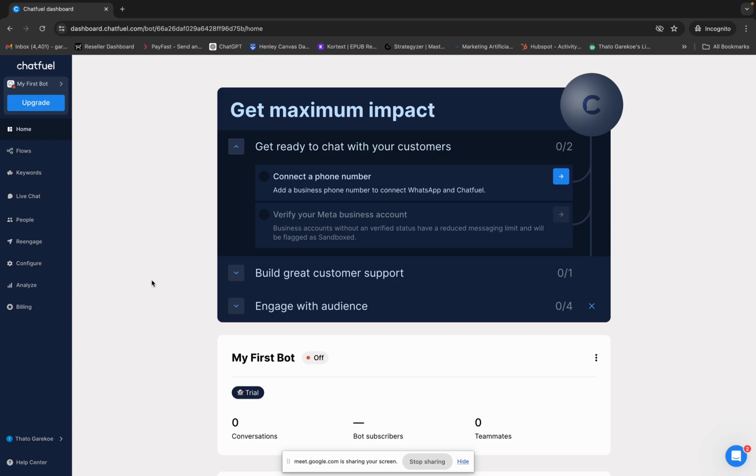All right, guys. So basically, I'll tell you first about Chatfuel. Who is Chatfuel? What does Chatfuel do? And what's our relationship with them? Chatfuel is an AI-powered chatbot platform that basically has created chatbots and have made these chatbots available to anyone who wants to set them up. Right? You can go on. It's just that I've already logged into my respective Chatfuel